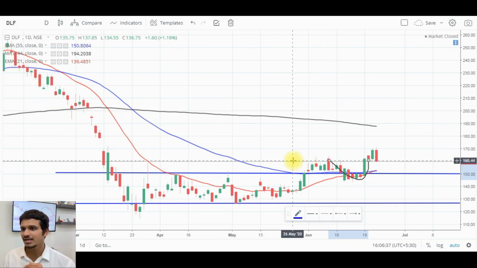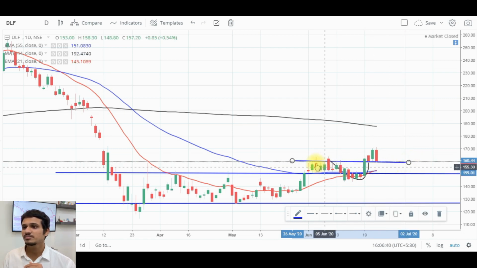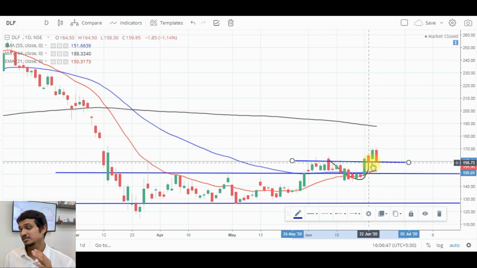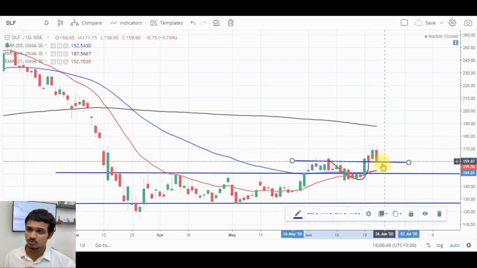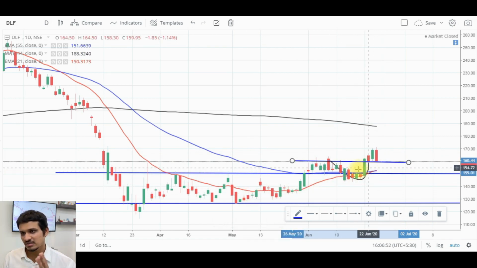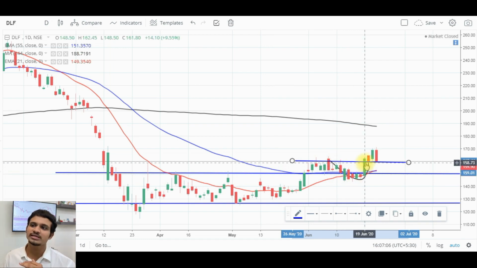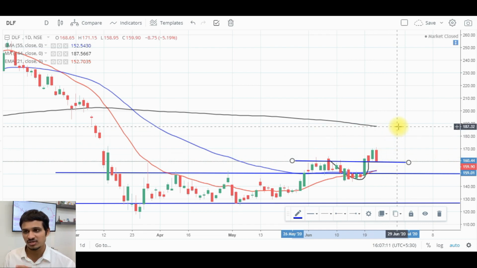So if I mark this trend line over here, we see that in this period the price faced the resistance of this trend line, and now the price is respecting the same trend line as a support. So this is an indication that there is a bullish signal in the stock price, wherein the price is making higher highs and higher lows, and earlier resistances acting as support is a healthy sign for any stock. So we see the same possibilities over here, that the price will test this support line and then it can continue its activity of higher highs and higher lows.